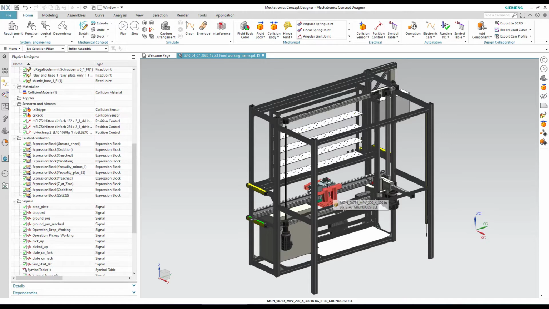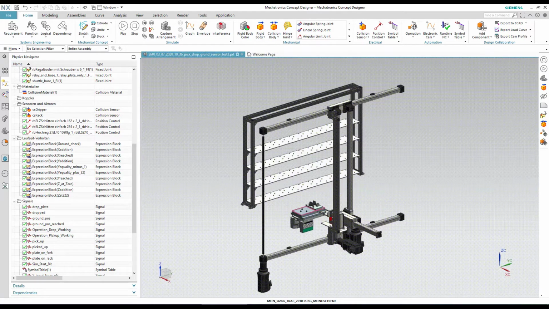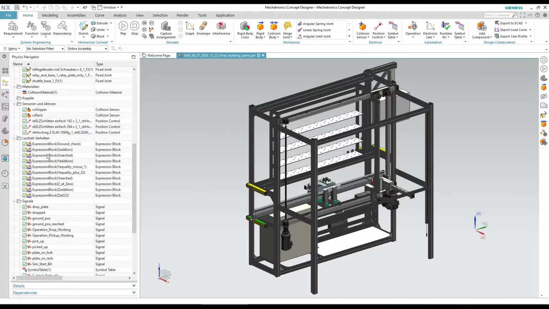As seen in the video, in order to pick up or drop the plate, just X, Y, Z locations are not enough. The robot needs to perform certain maneuvers as shown here. These maneuvers are performed by C-Motion software in the real AutoFab process. To simulate C-Motion in MCD, we have created various expression blocks. Some add or subtract values from the given X, Y, Z signals, and some check if the position control has reached the required positions.